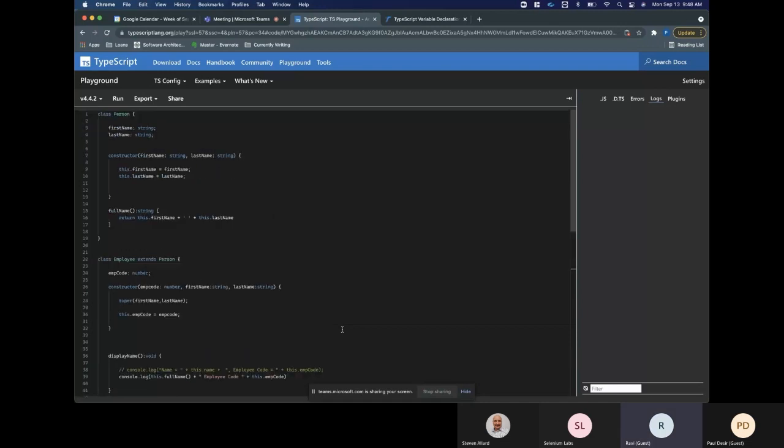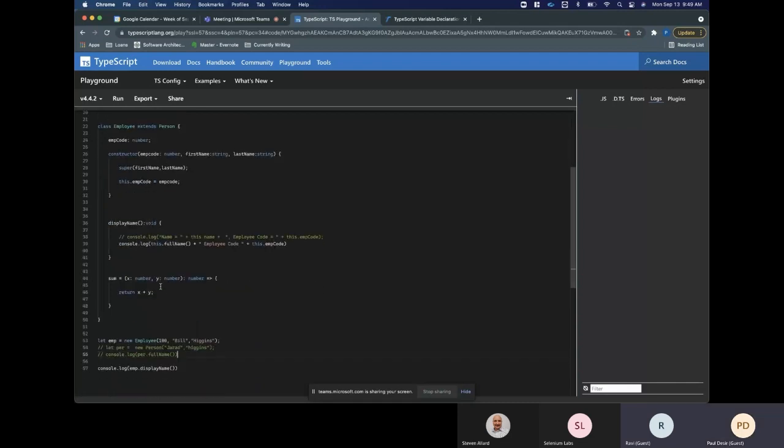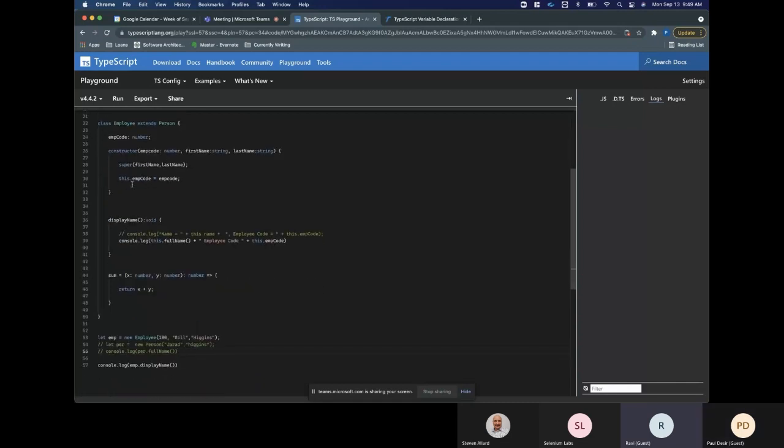This function display name is returning void, and that console.log is actually printing that void, which is nothing but an unknown object, an undefined object. That's the only reason. If you return some string or something, then you could get it, but that's okay. We got the most. Now we will try to use that instance of